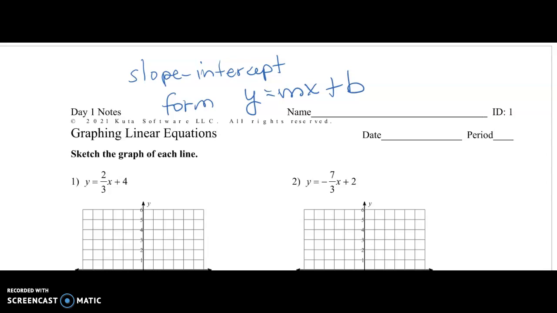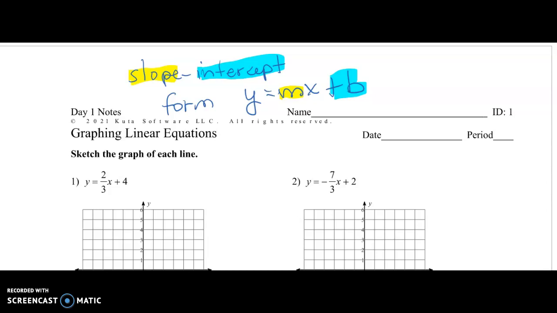Again, that is slope-intercept form, y equals mx plus b, where the slope of the line is the value of m, and the y-intercept, where the line crosses the y-axis, is going to be where the b value is. So again, knowing the slope and the y-intercept is going to make graphing your line much, much